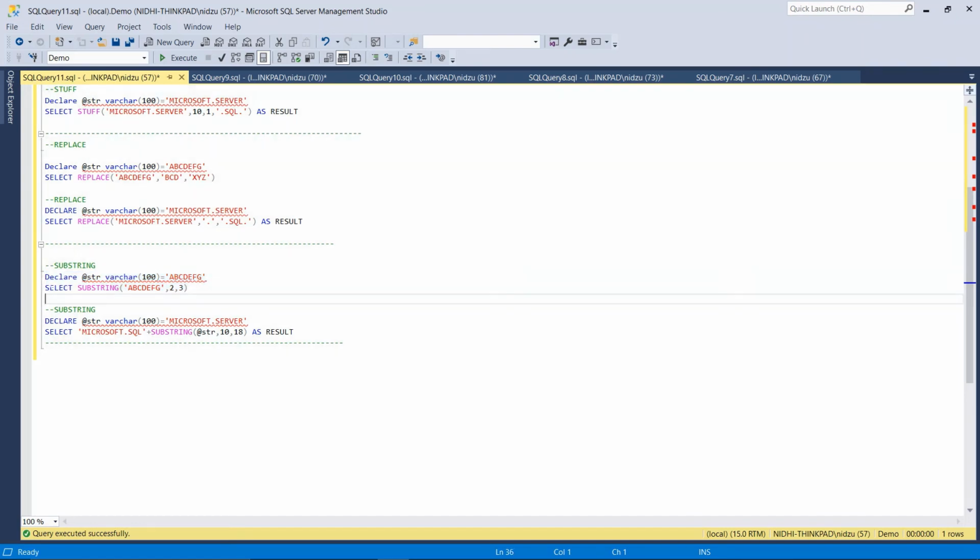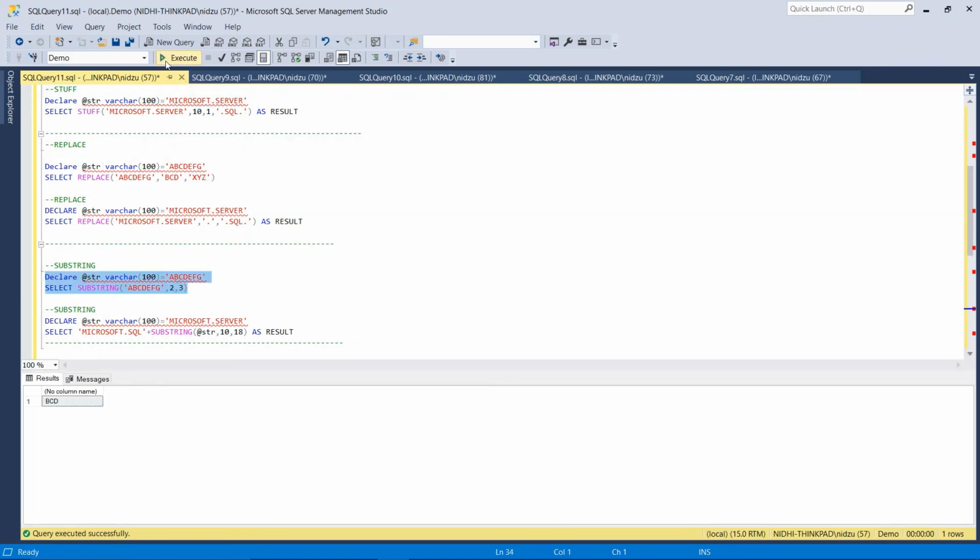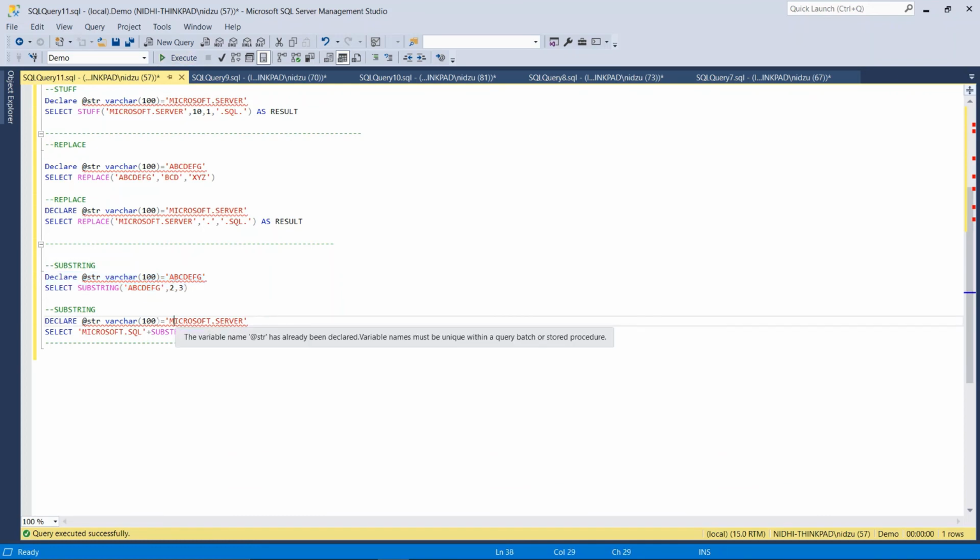So I can write SELECT SUBSTRING with the original string, the start position from where I want the string, and the end position, not the end position, it's the length of the string. Like starting from B I need 3 characters. It will start from B and give me 3 characters. So here it will give me the desired result: BCD is returned.